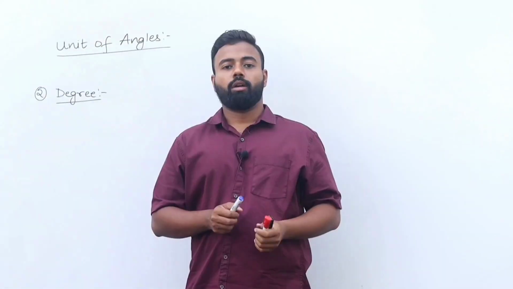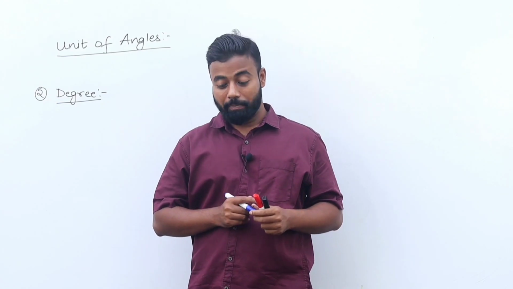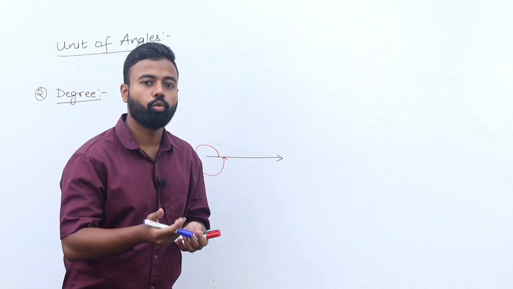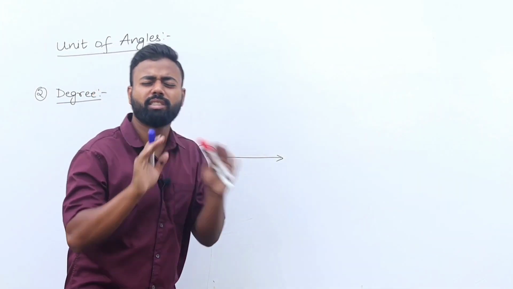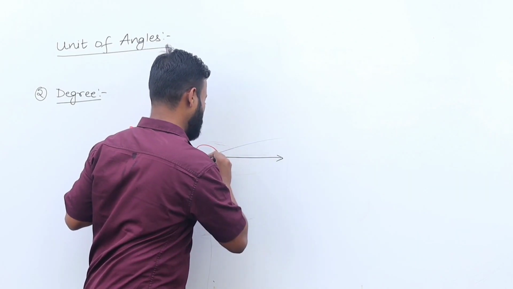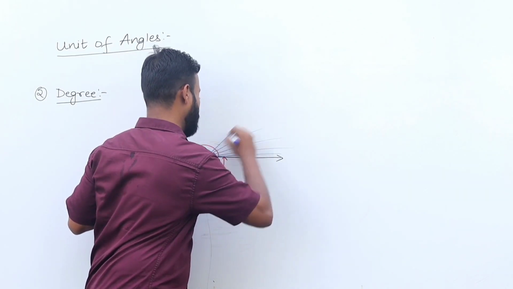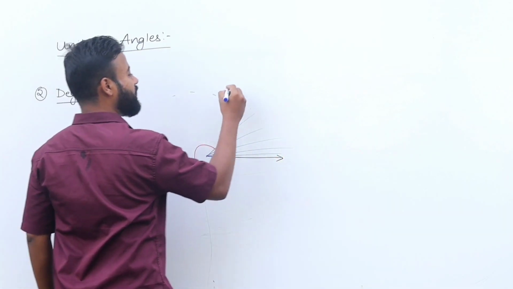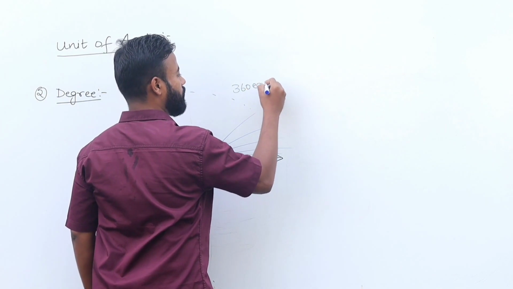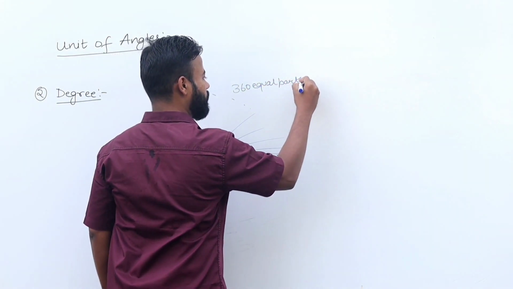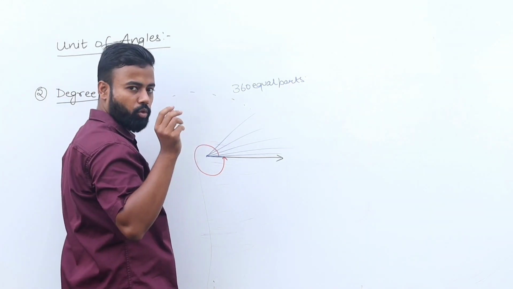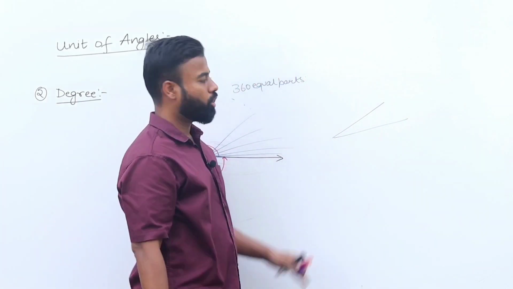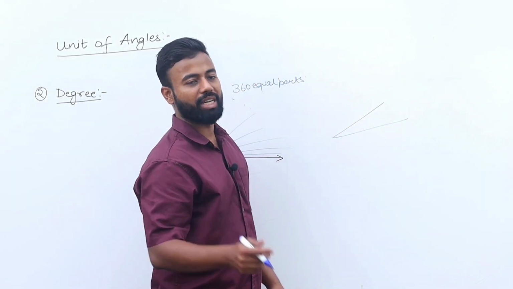Let's move on to the second unit. The second unit of angle measurement is degree. So far we have learned that this much angle is 1 revolution. Now if you divide this angle into 360 equal parts, 1, 2, 3, 4, 5, I can't make 360 practically, it's not possible for me, so I'm assuming I have made 360 equal parts. I'm just moving out one part of this. Whatever the angle present between these two is called 1 degree.